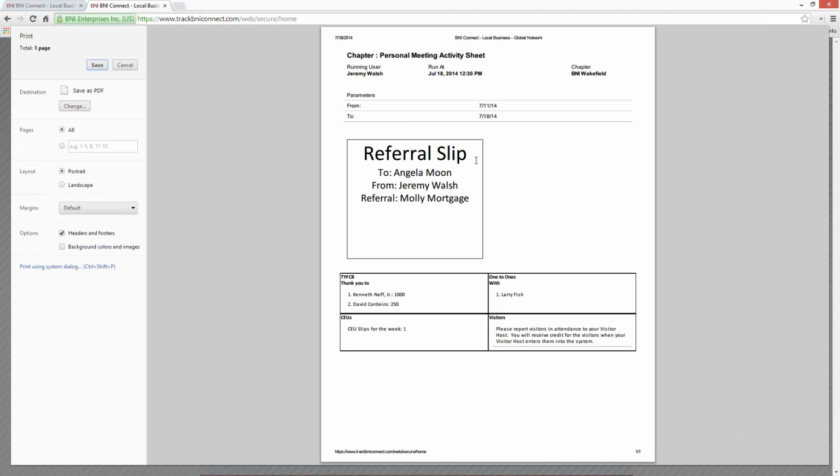And for you vice presidents, this is also sufficient information for using for the referral reality check as well. Now, you will notice that the rest of the information is not a traditional slip size, and that's because this doesn't really need to go into the basket. You can put it in the basket if you'd like to, but there really isn't a need to,